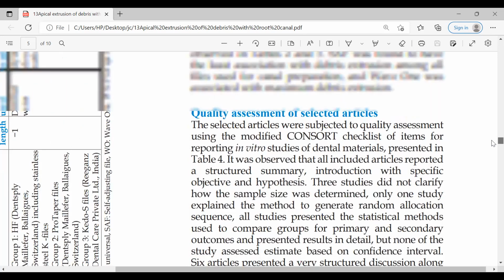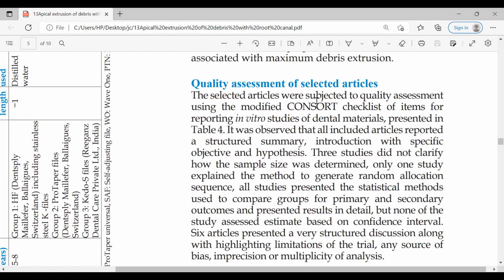Quality assessment of selected articles. The selected articles were subjected to quality assessment using the modified CONSORT checklist of items for reporting in vitro studies of dental materials, presented in Table 4. It was observed that all the included articles reported a structured summary, and an introduction with specific objective and hypothesis. 3 studies did not clarify how the sample size was determined.